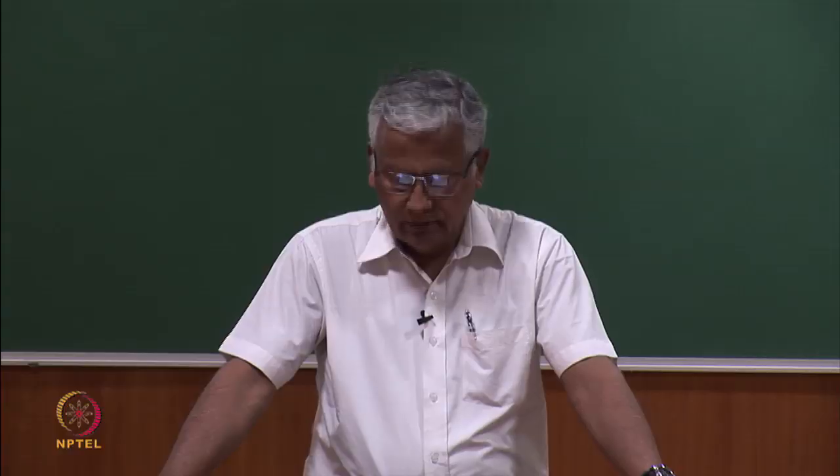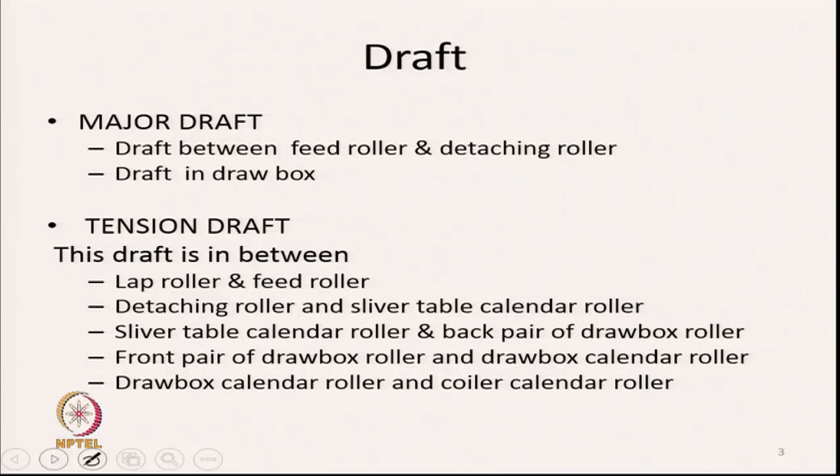The tension draft is, as we all know, very nominal, and this exists in between first lap roller and the feed roller, then detaching roller and the sliver table calender rollers, sliver table calender roller and back pair of draw box roller, then front pair of draw box roller and draw box calender roller, and draw box calender roller to coiler calender roller. So, there are so many places where the tension draft actually exists, as shown here,